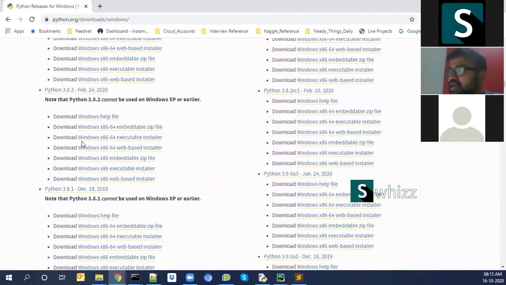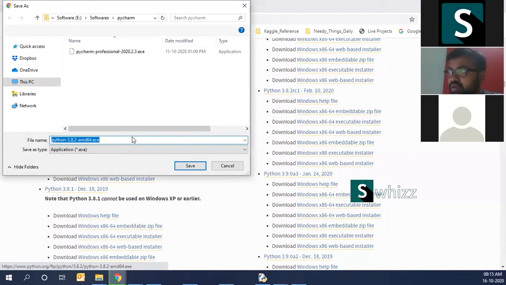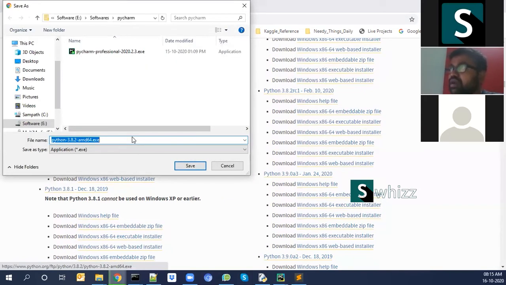So here we have the Windows x86-64 executable installer. This file you need to download. You need to tap on this one. It will download in your downloads folder or wherever you want to save it. For example, I'm giving it here. So you need to save this file.